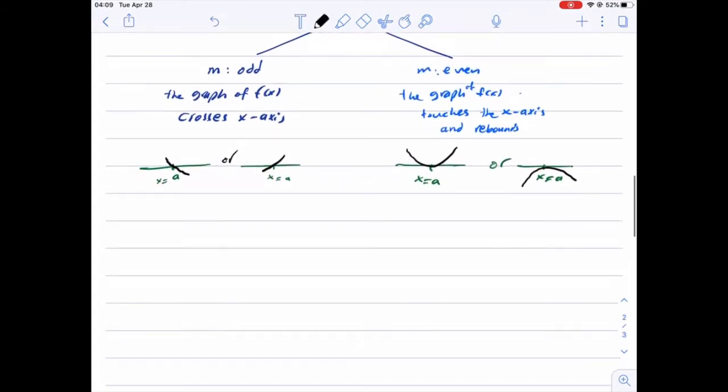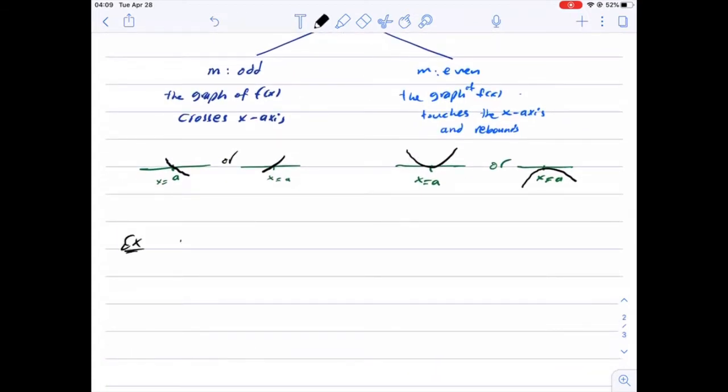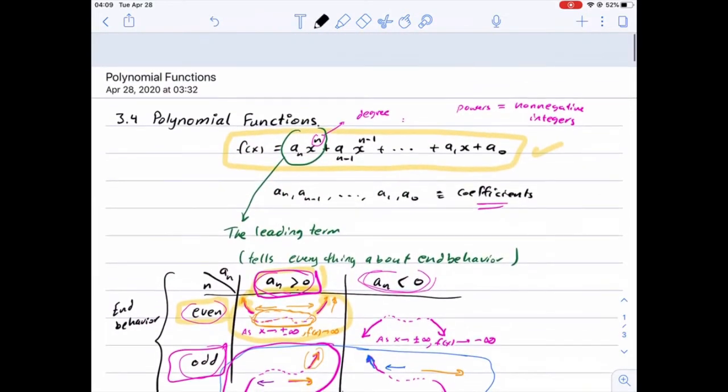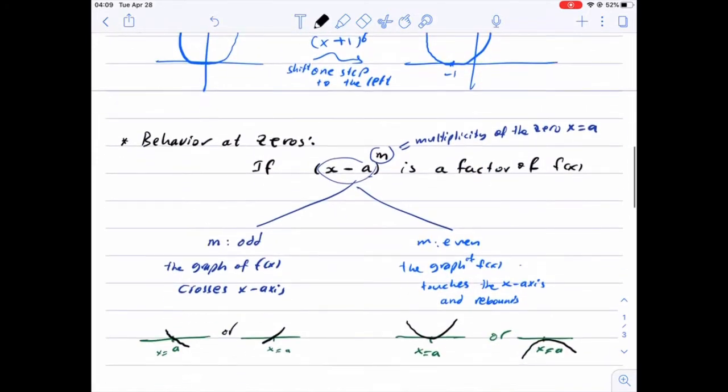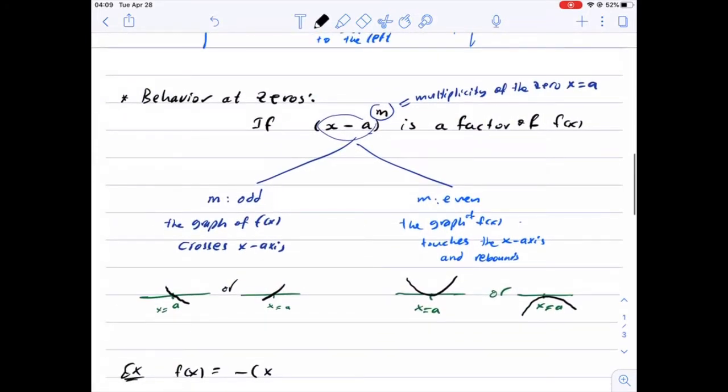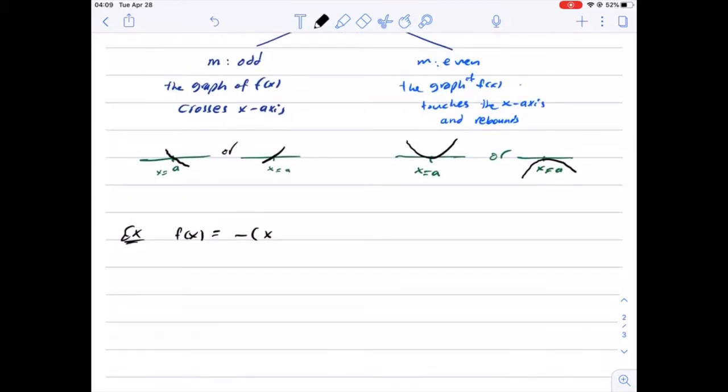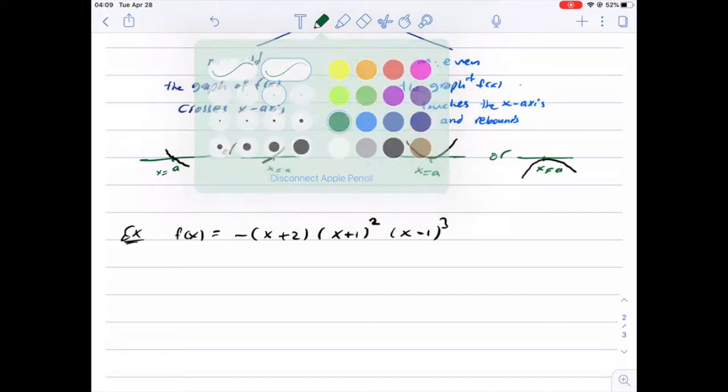Now let's take an example. For example, if f of x, the polynomial, can be written in this compact form, this is equivalent to the general form, but sometimes we can write the function in terms of its factors, and after expanding this, we get that general form. So if we write f of x as negative x plus 2 times x plus 1 to the power 2 times x minus 1 to the power 3, then we notice, in terms of the zeros,